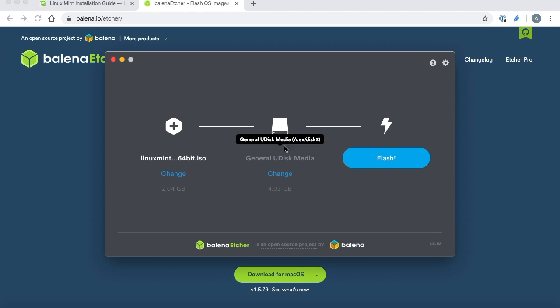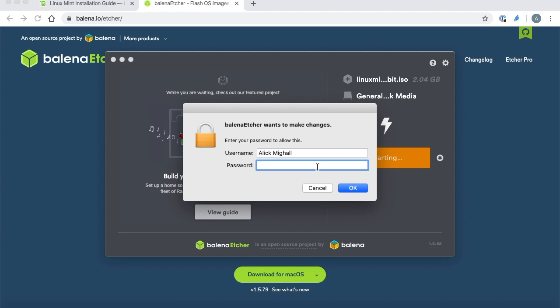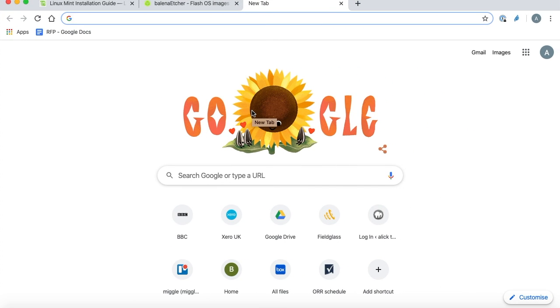I have got my USB stick plugged into my USB port, so you can see that here. And now I need to create the media by doing this process here called Flash. So if I click on that, that will then start to create that bootable media. So it just asks me for my password, which I'll add in here. So once that's created,